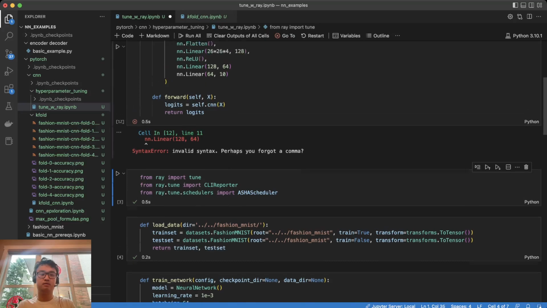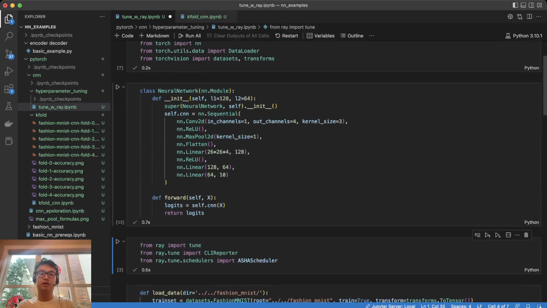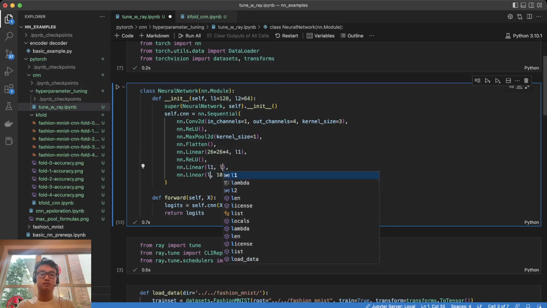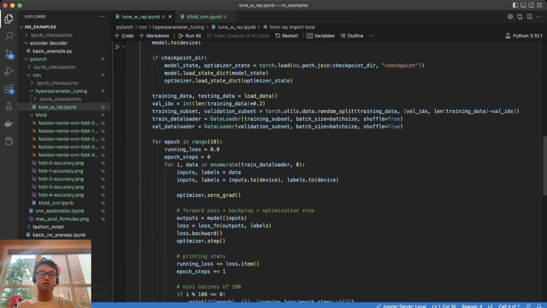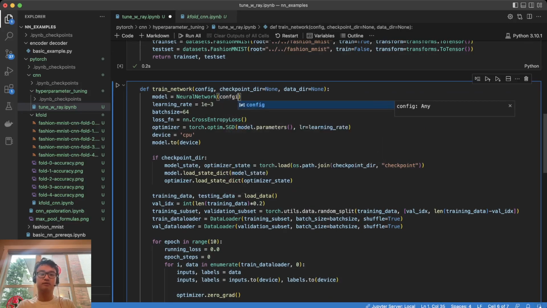I did forget a comma. Thank you. Okay. So this should actually be L1. This should be L2. So now we can have a neural network config